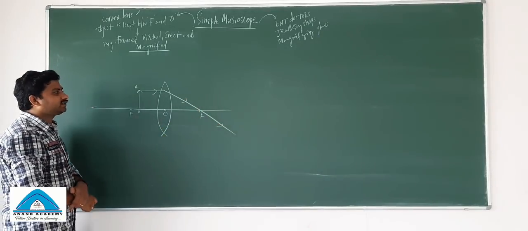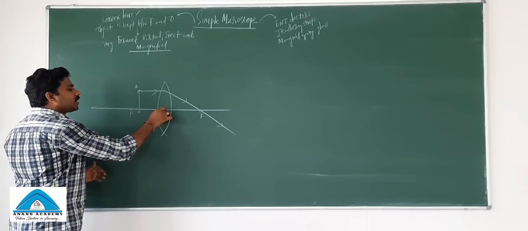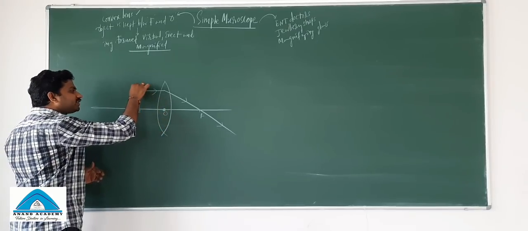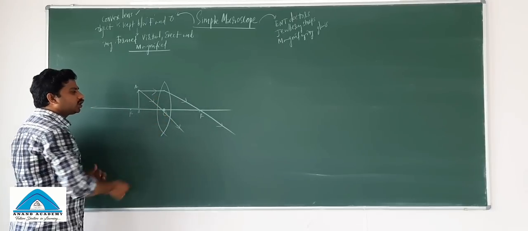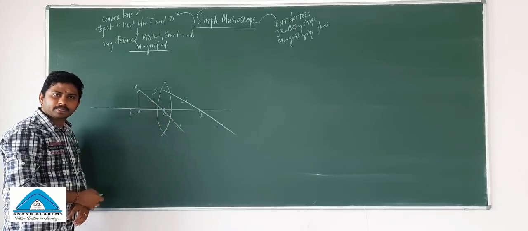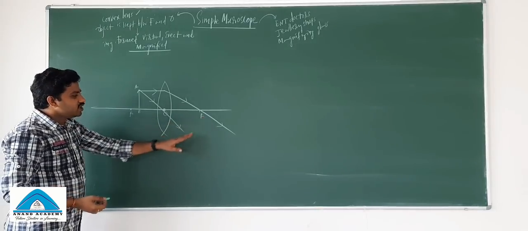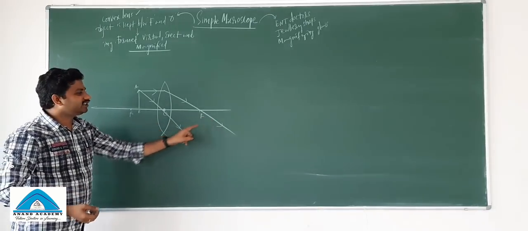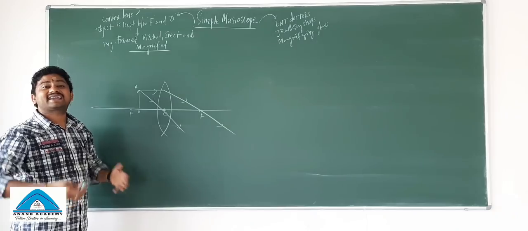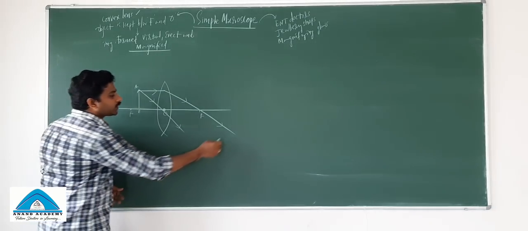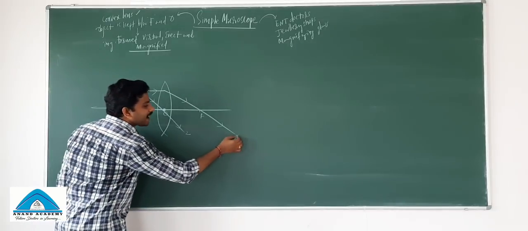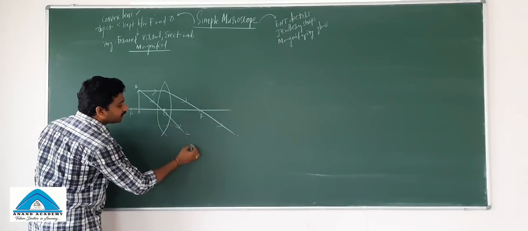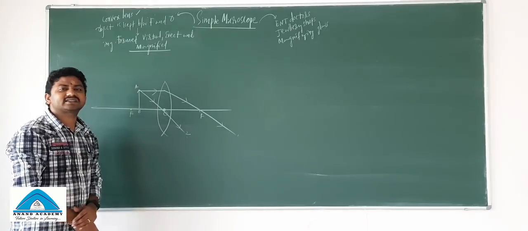There is another light ray which is passing through the optic center. You can see this is the light ray which is passing through the optic center here. There is no concept of meeting these two refracted rays actually at each other. You can see this is the first refracted ray and second refracted ray. Imagine they are moving in different directions. They never meet each other actually.